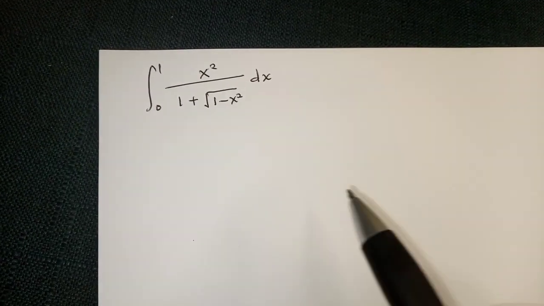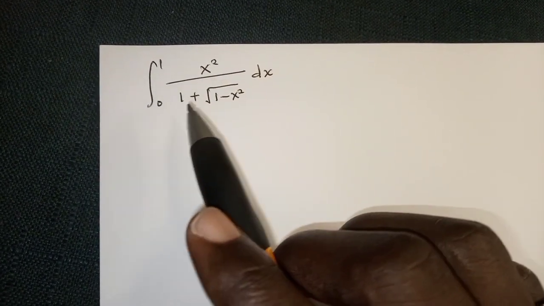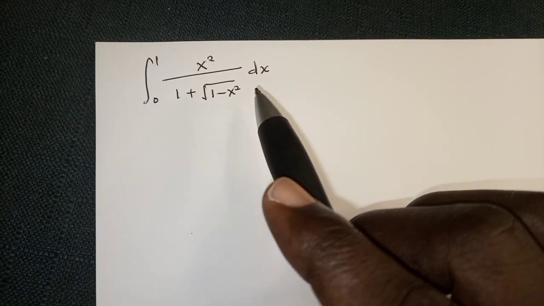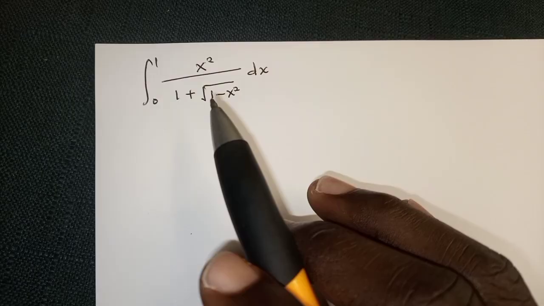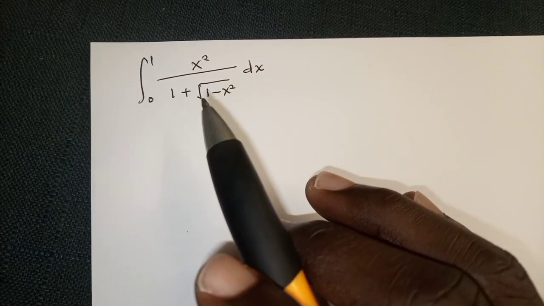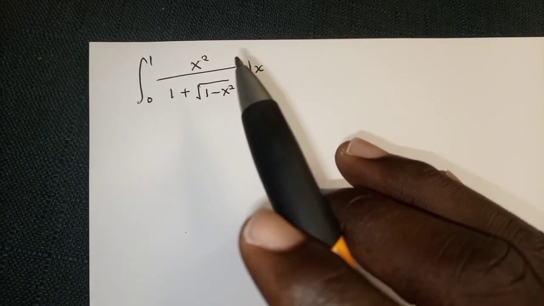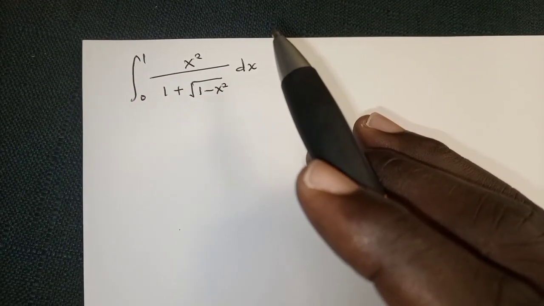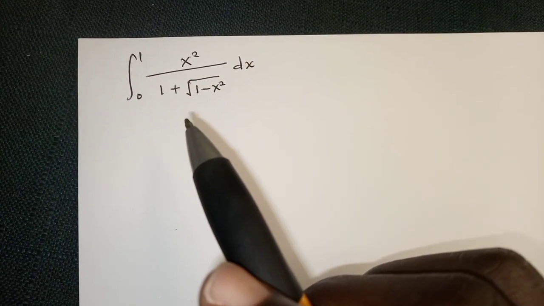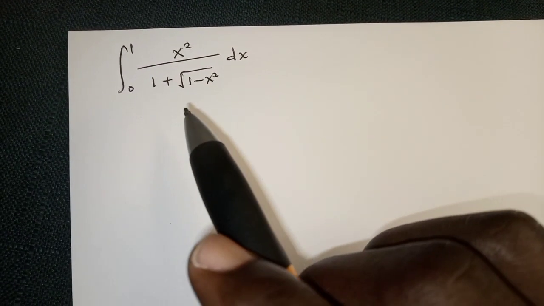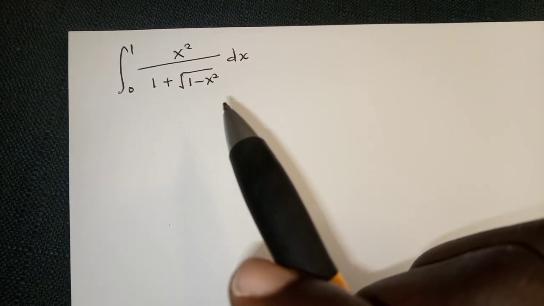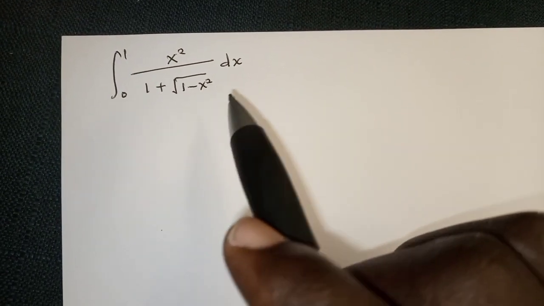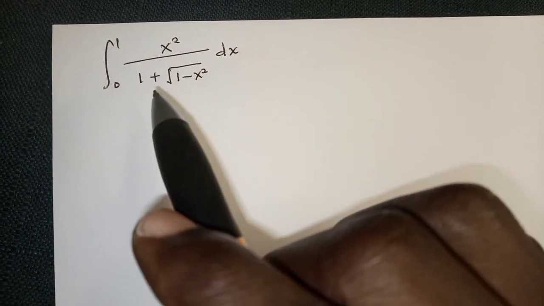Here we have the integral of x squared over 1 plus the square root of 1 minus x squared. In order to integrate this, you may do the sine substitution or the cos substitution if you like. But the easiest way to do this is to rationalize it first. So when you rationalize the denominator,